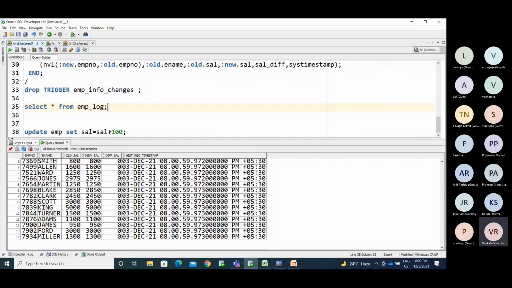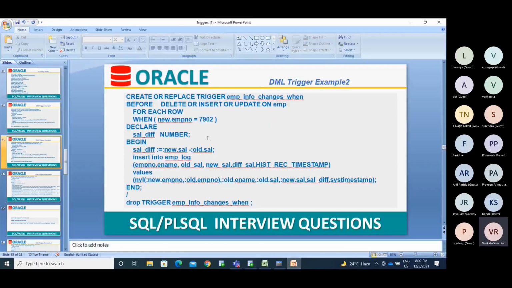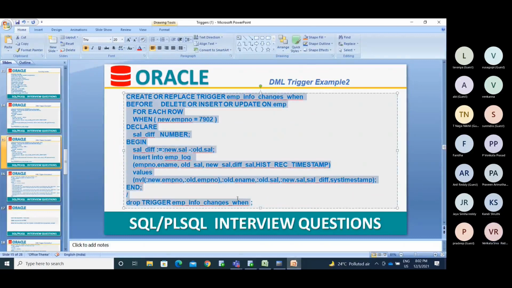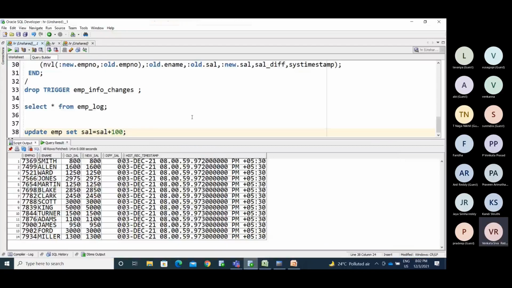Now this is about row level trigger firing. We'll see it with different conditions. This is another trigger: create or replace trigger EMP info changes, using the when condition. I'm taking this employee table and writing the trigger on the same table using the when condition.